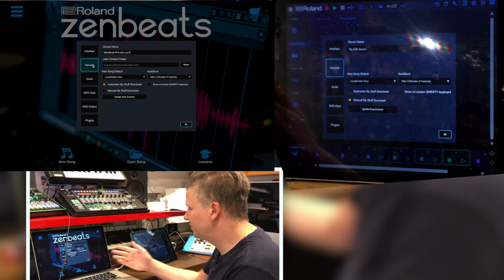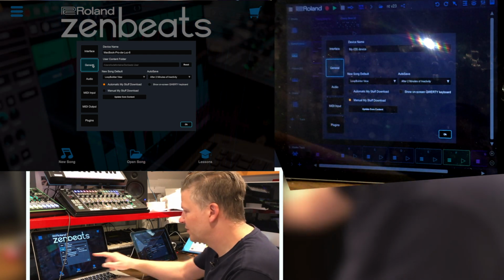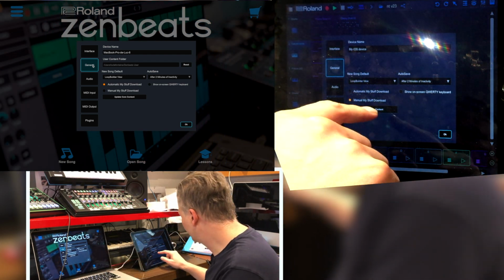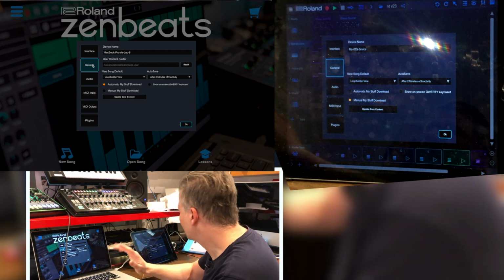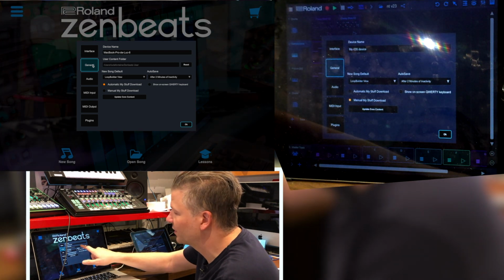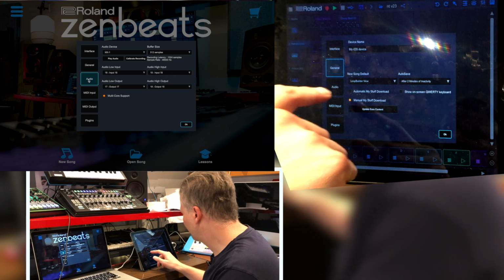So it's basically the same information: automatic my stuff download, manual my stuff, use core content, update core content, update. So it's mostly the same thing, except that there's a folder defined where it's going to be saved on the Mac. Audio, now this is a little bit different because